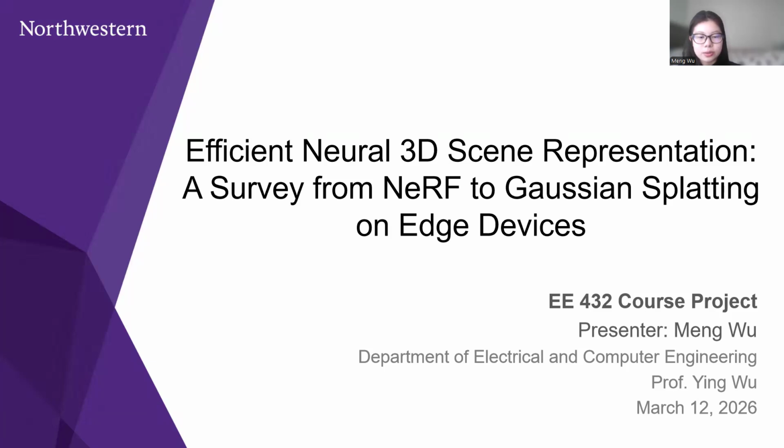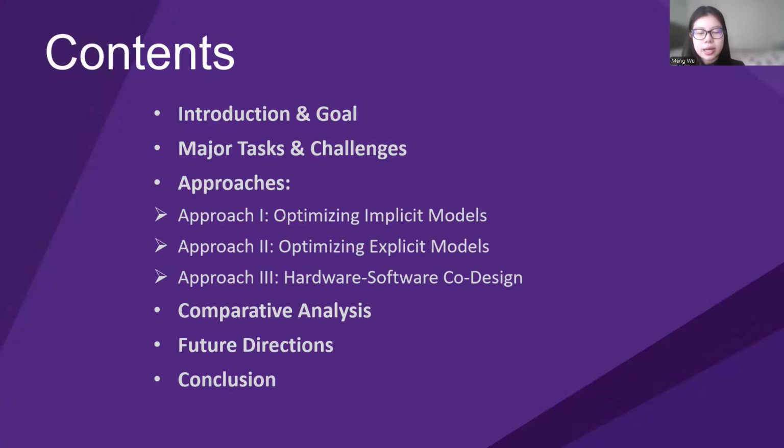Today, I'm excited to share my literature survey titled Efficient Neural 3D Scene Representation, a survey from NeRF to Gaussian splatting on edge devices. Here are the contents. My presentation today will focus on introduction, goal, tasks, and challenges, three main approaches, comparative analysis, future directions, and conclusion. Over the past few years, we have witnessed a massive paradigm shift in computer vision and